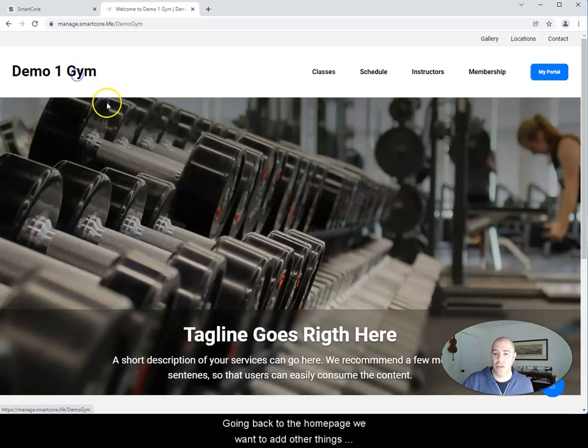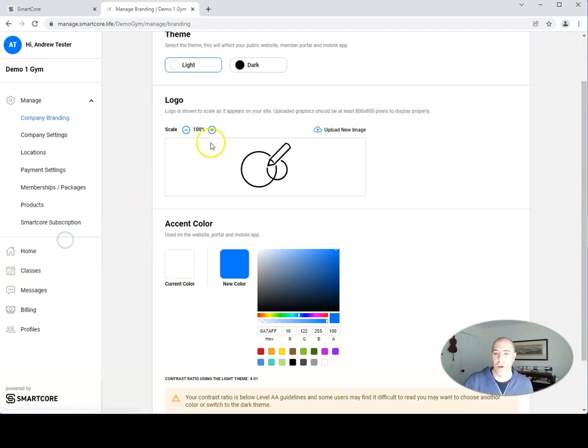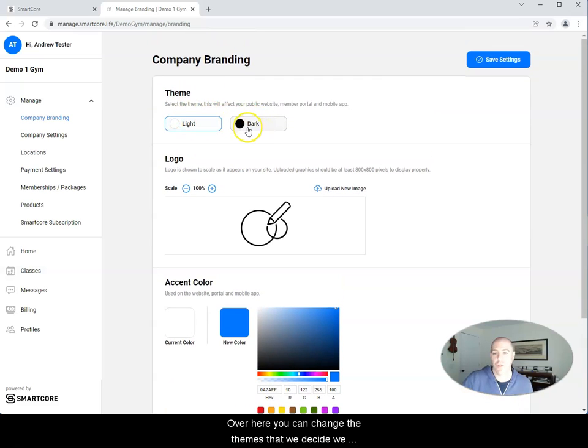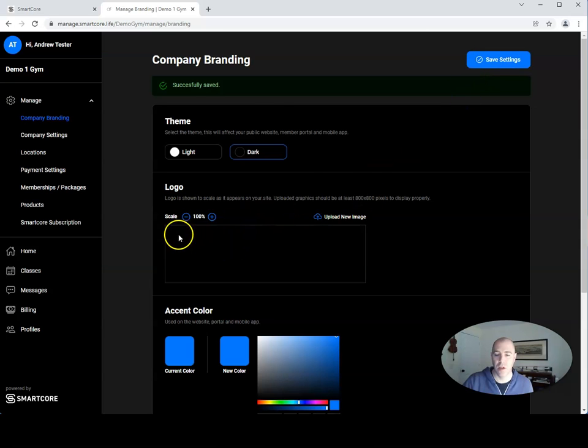Going back to the home page, if we want to add other things, we can add a logo to our business. So over here, you can change the theme. So if we decide we want a dark theme on here, we can change it to a dark theme. And then we get the whole website on the dark side. We can upload a new image,